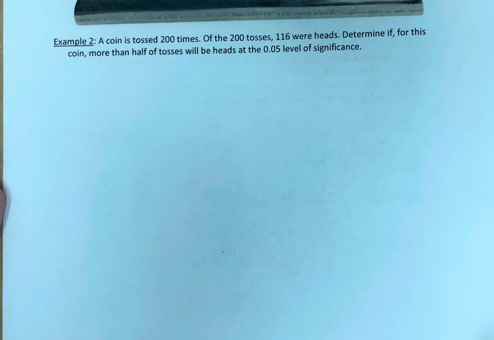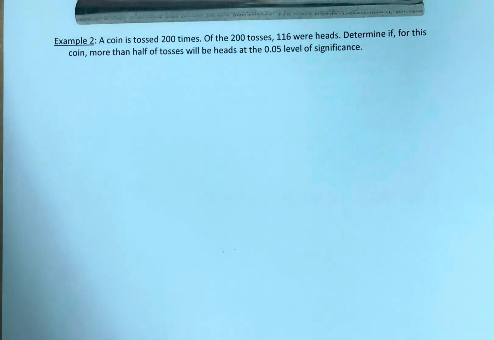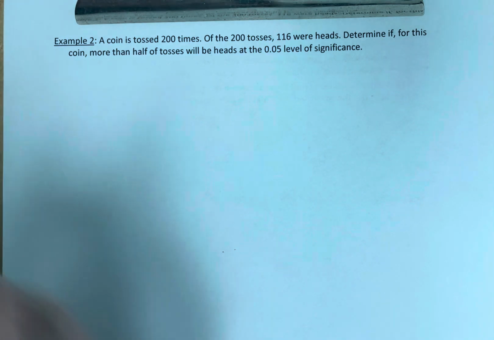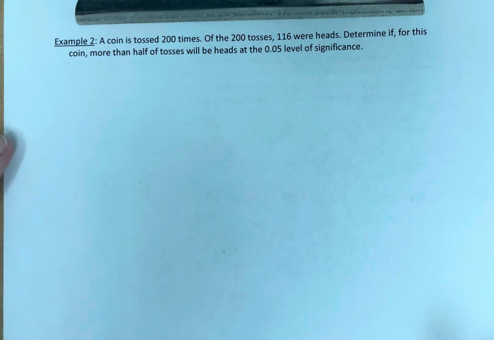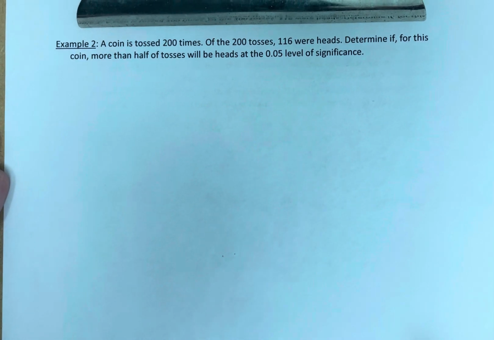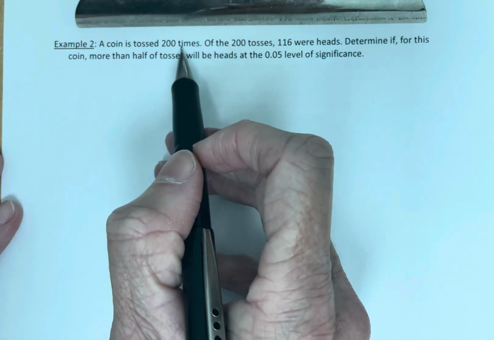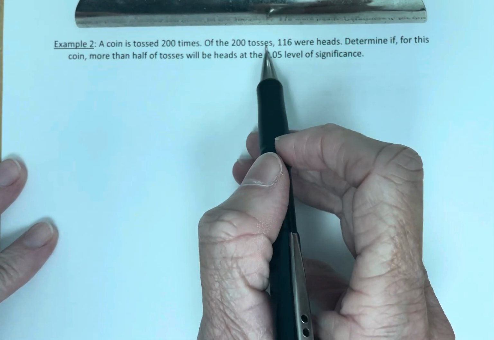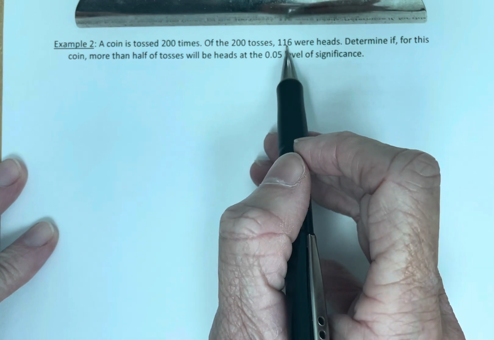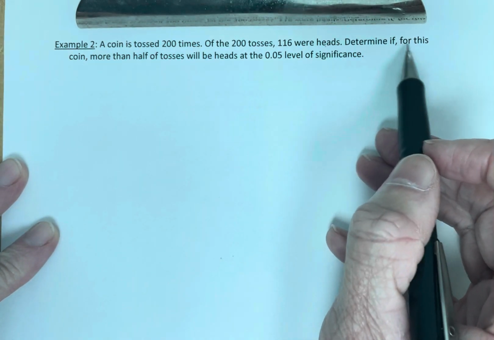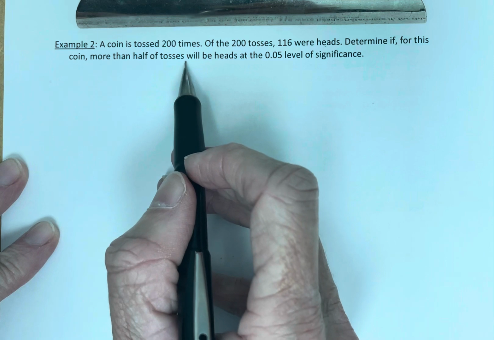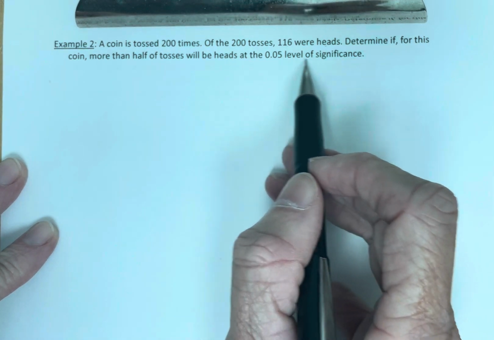Now notice in your example for the mean, we had the mean time given. We had lots of uses of the word mean, and we want to keep that in mind. Proportion is this either-or possibilities, or non-numerical data in which calculating the mean has no meaning or can't be done. A coin is tossed 200 times. Of the 200 tosses, 116 were heads. Determine if, for this coin, more than half of the tosses will be heads at the 0.05